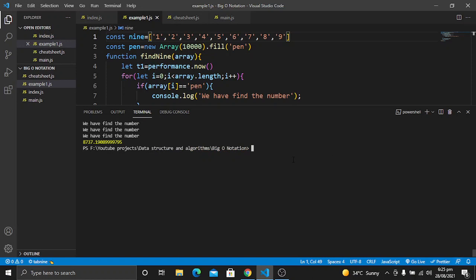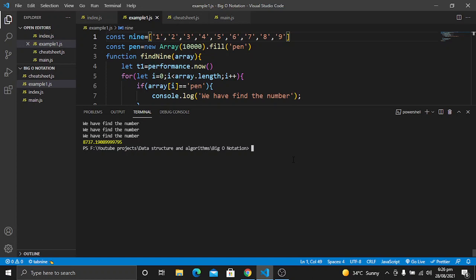So it means that if the input grows for this function, the number of operations that we have to perform will increase gradually, or linearly. If we have 10,000 items, then we have to perform 10,000 operations. If we have 100,000 items, then we have to perform 100,000 operations. So now I think you clearly understand what algorithmic efficiency is.